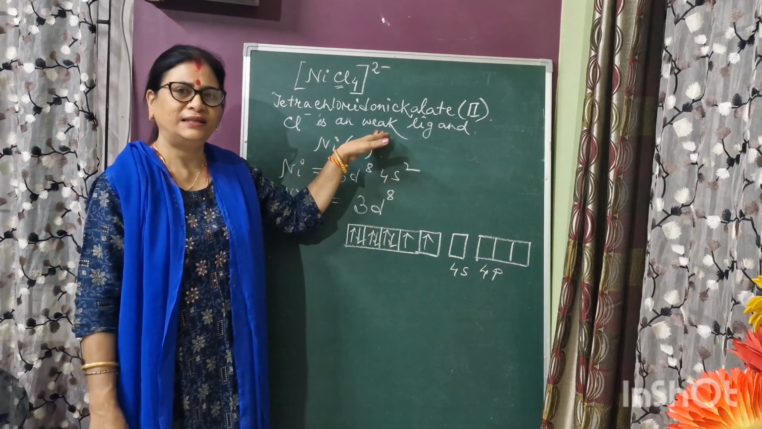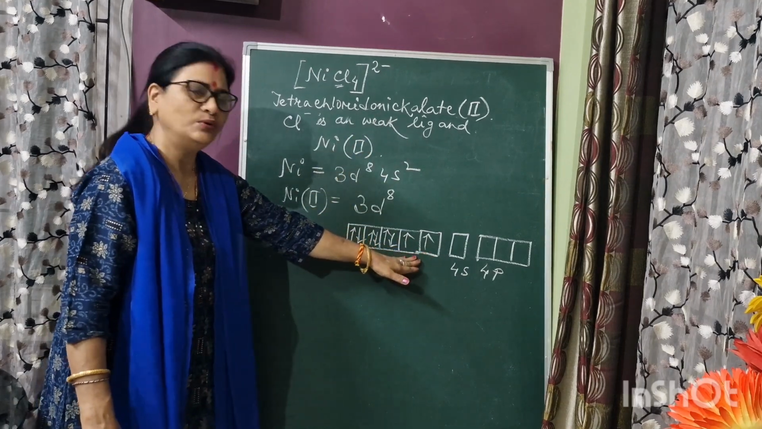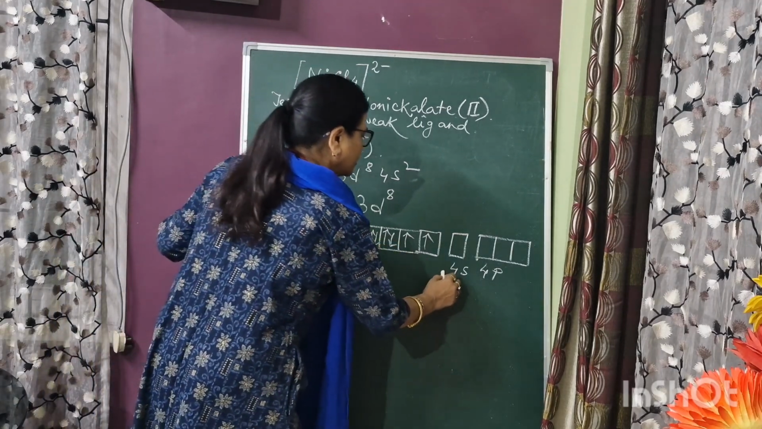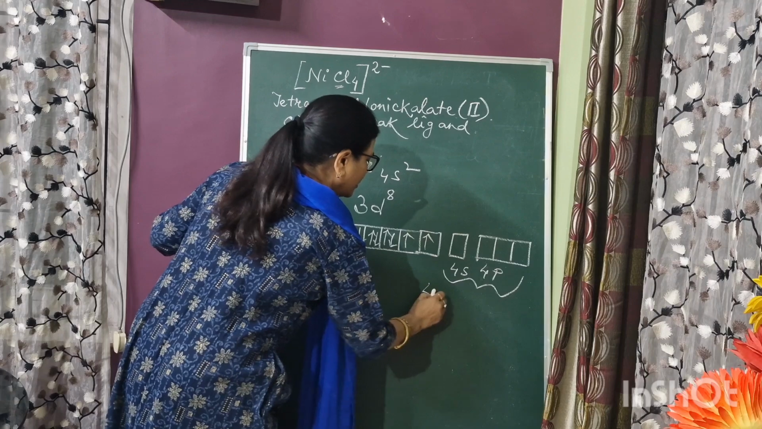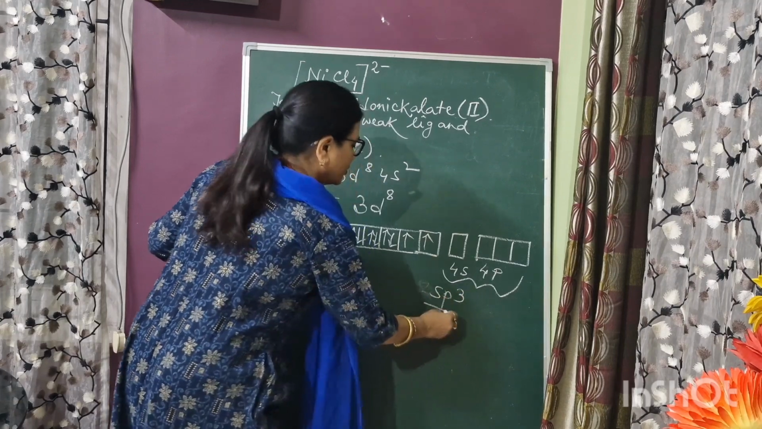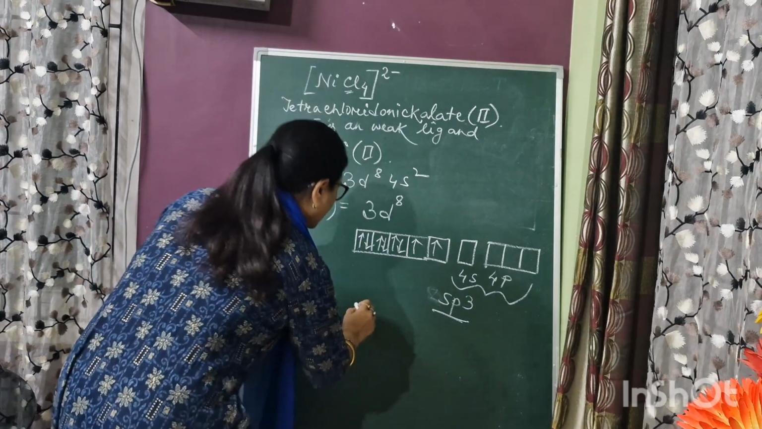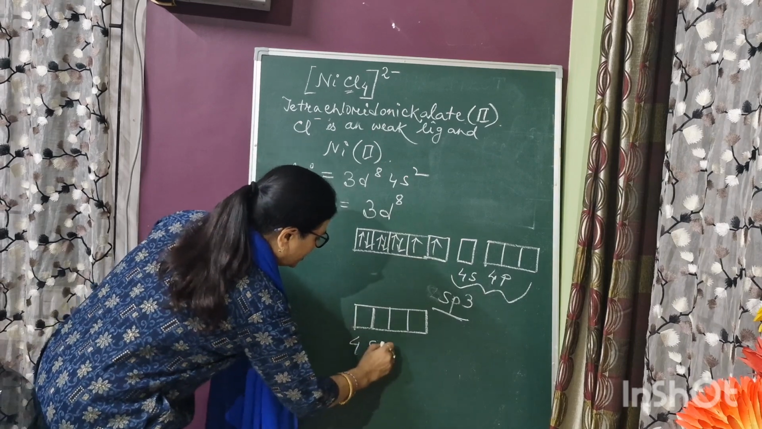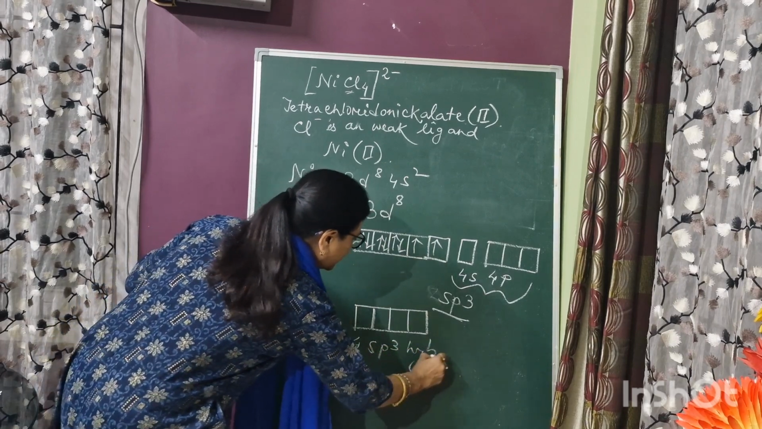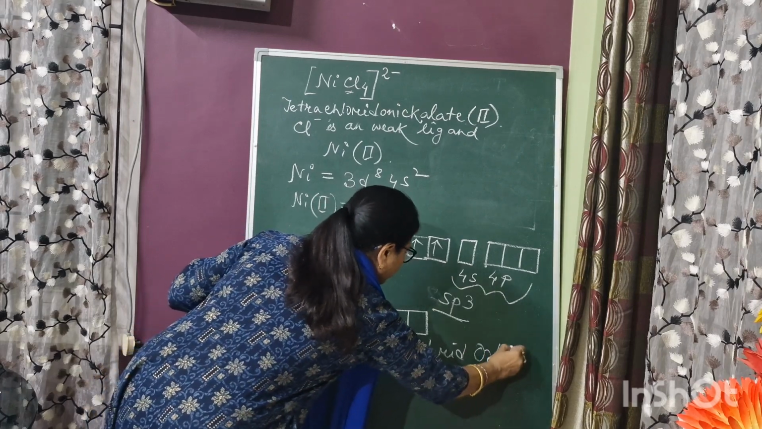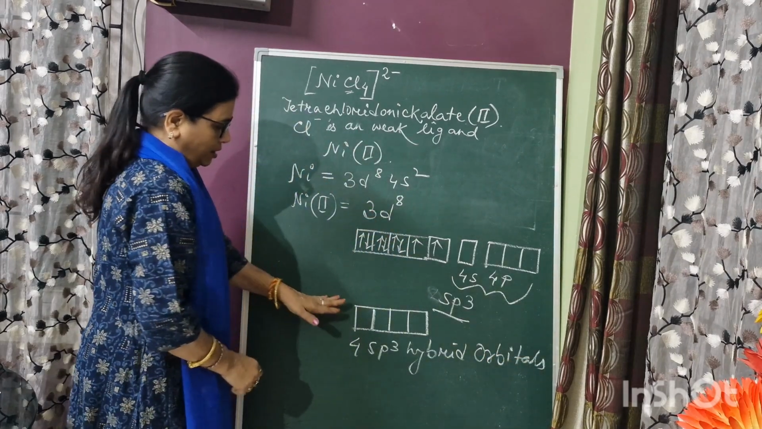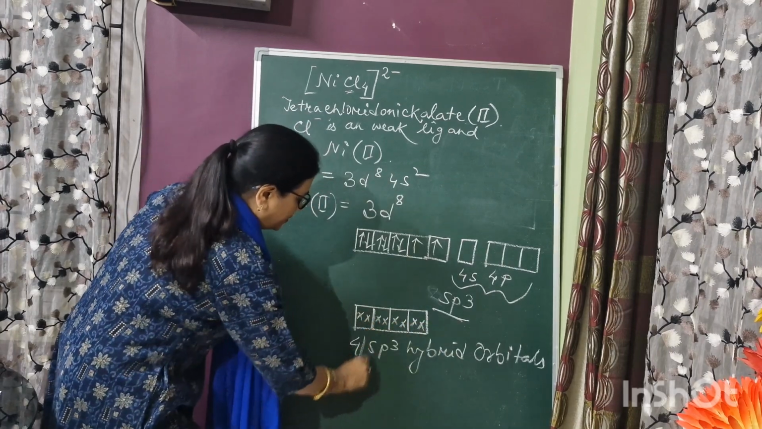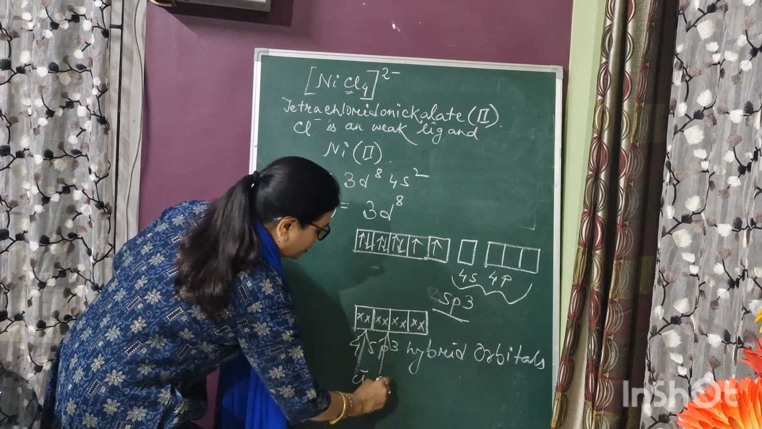Since the chlorido ligand is a weak ligand, it cannot pair up these two electrons. So the hybridization will be sp3, because now these 4 sp3 hybrid orbitals will be filled up by the electron pairs donated by the 4 chlorido